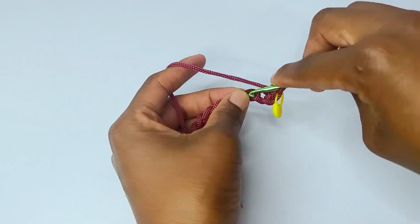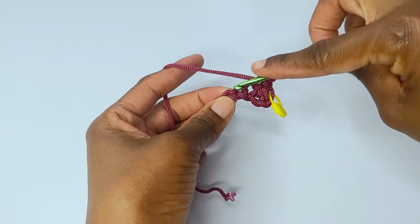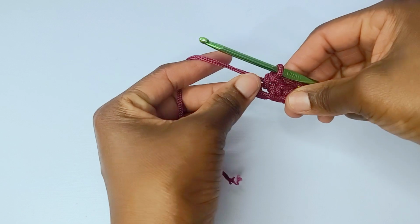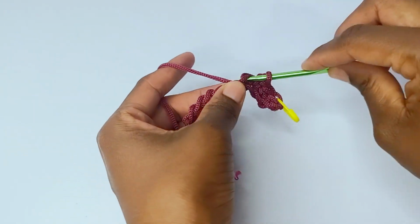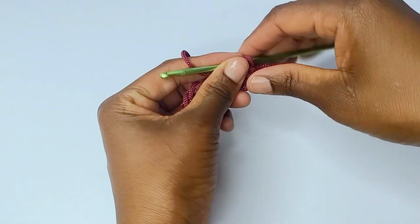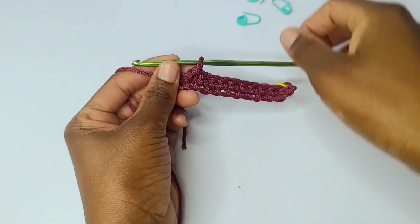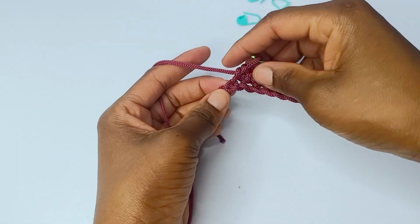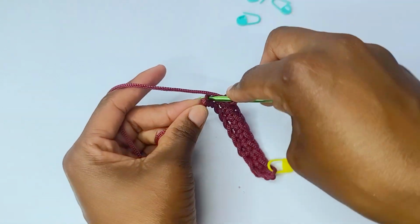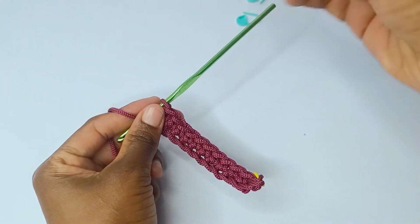Again, in the next chain, I'm going to put 1 single crochet. In the following, another single crochet. This one, a single crochet. Okay, so I'm going to continue putting 1 single crochet up until we're in the last chain. Here I'm left with this last chain, and I'm going to put 4 single crochets in the same chain. So insert 1, and then mark the stitch,